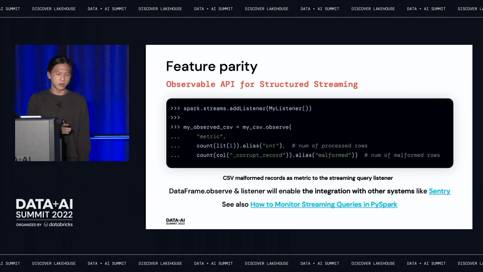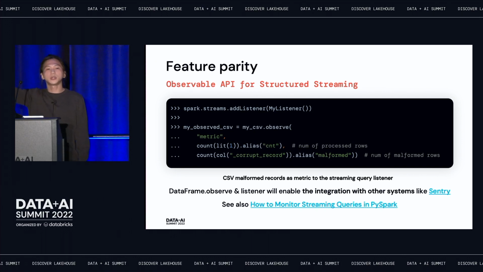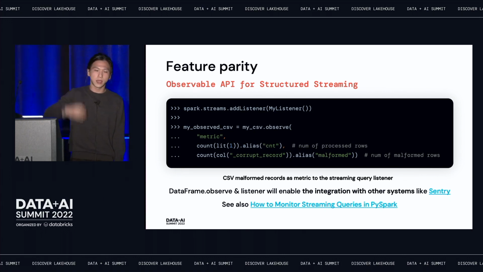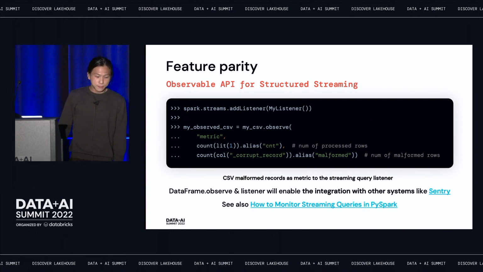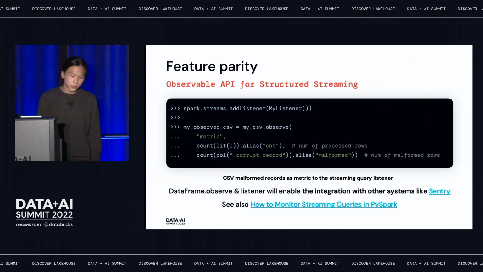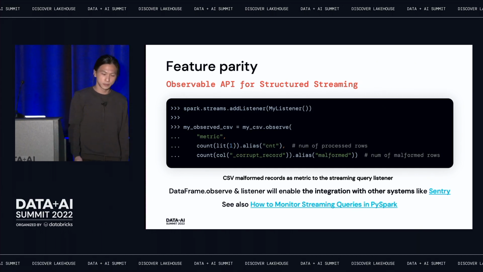If the malformed rows go over, say, 50%, you can add some alerting logic. You can just call a RESTful API to a third-party alerting system like Sentry, and that will magically report to the other chains. There's a fully working example in the blog post I wrote here. If you are interested, check this out.